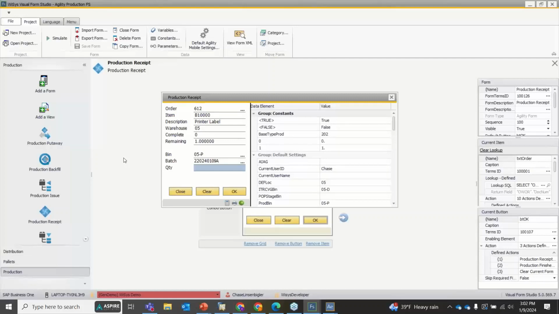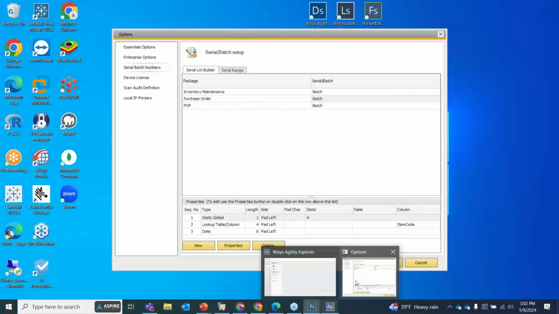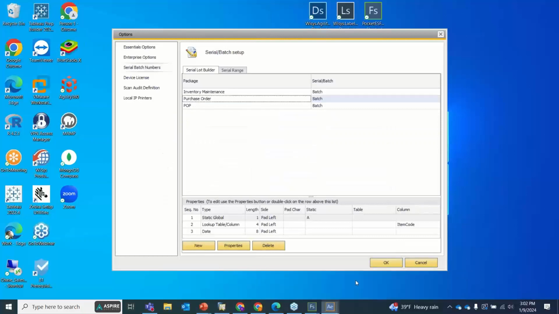I just enter in or scan in the order, and then I just tell it how many of the finished good I created. So, I would just type in 1 here, and I can hit enter and create the production receipt. But first, let's make sure this batch looks correct. So if we go back to our rule here, we want to start with